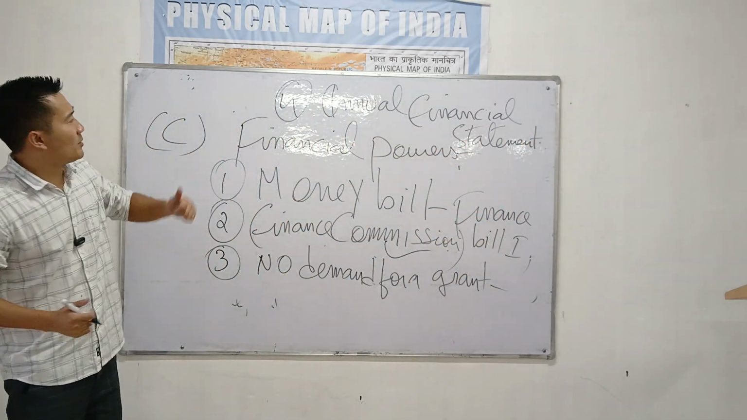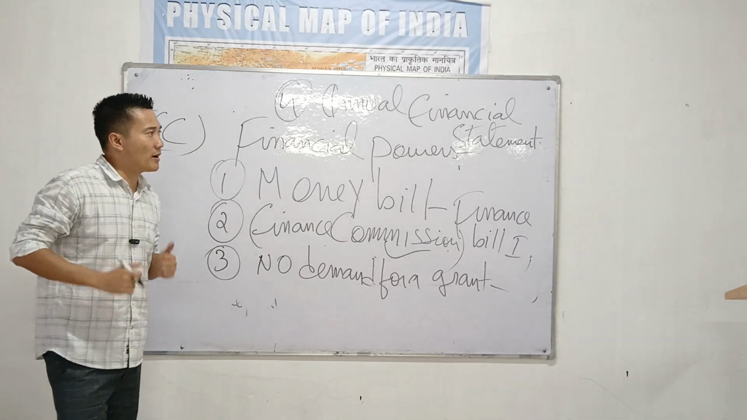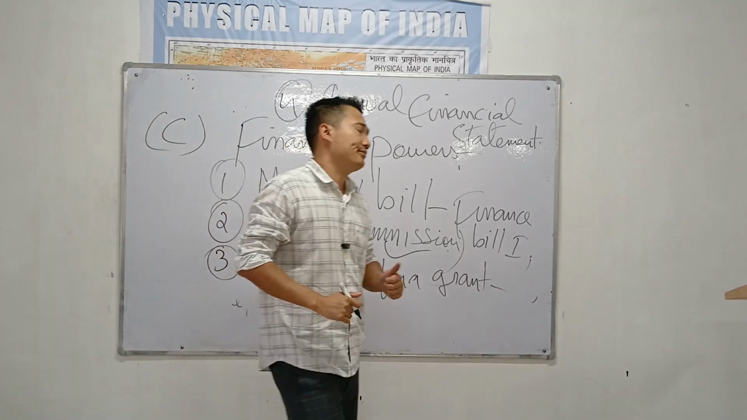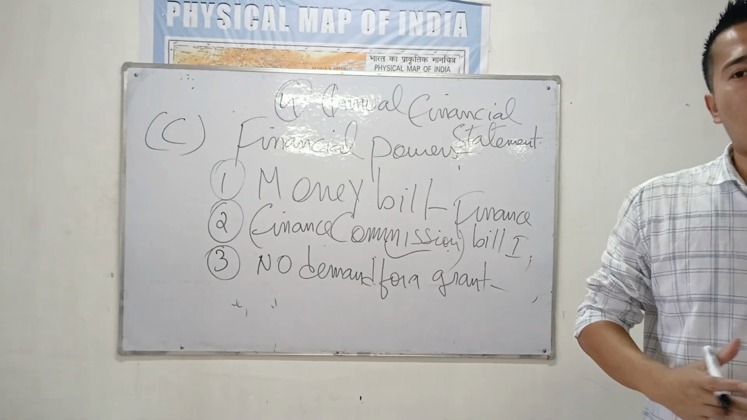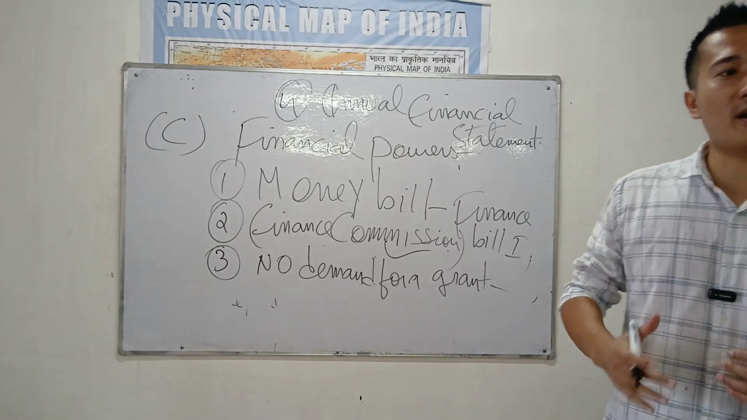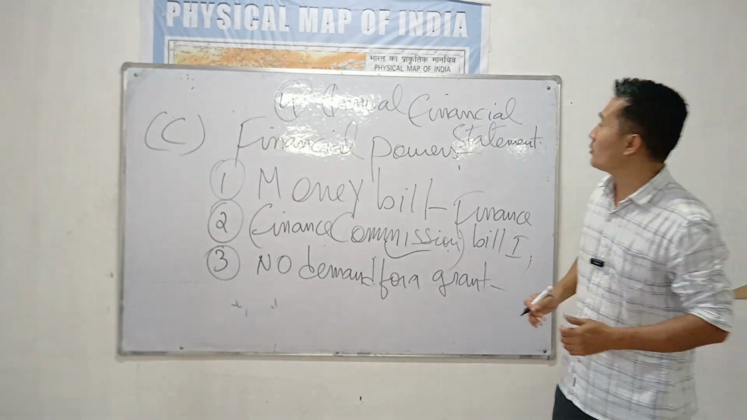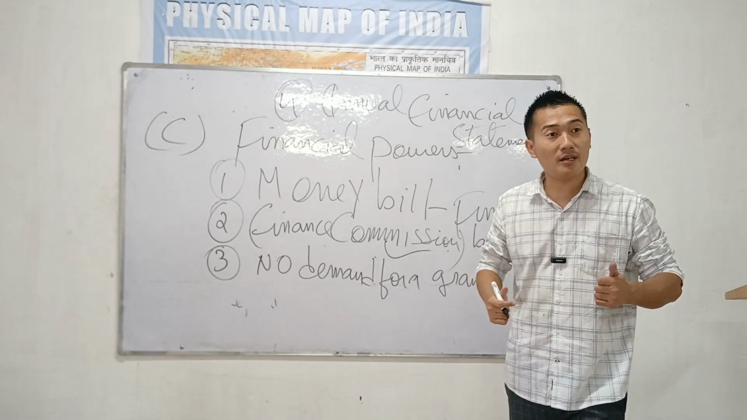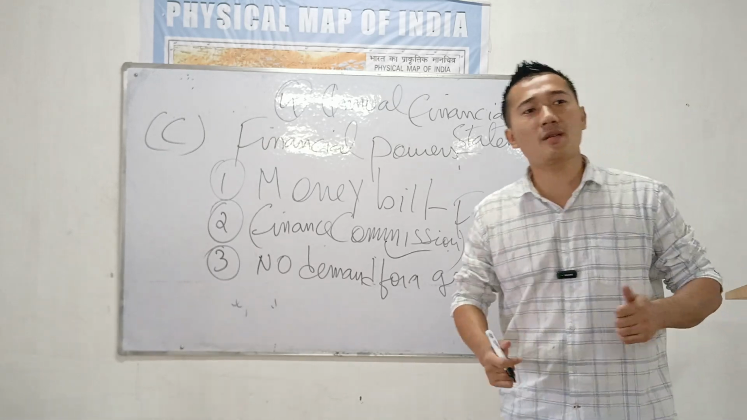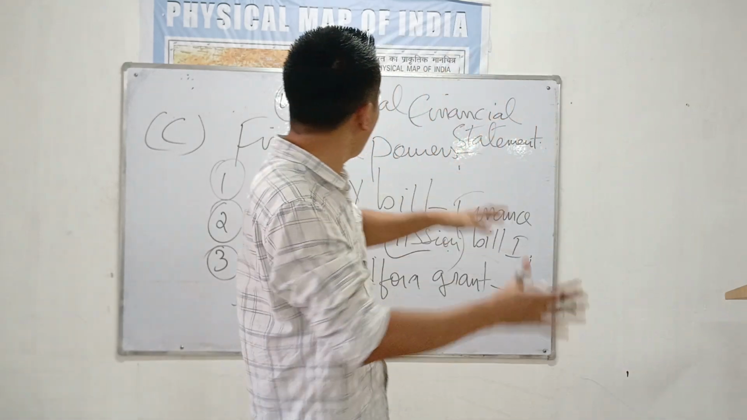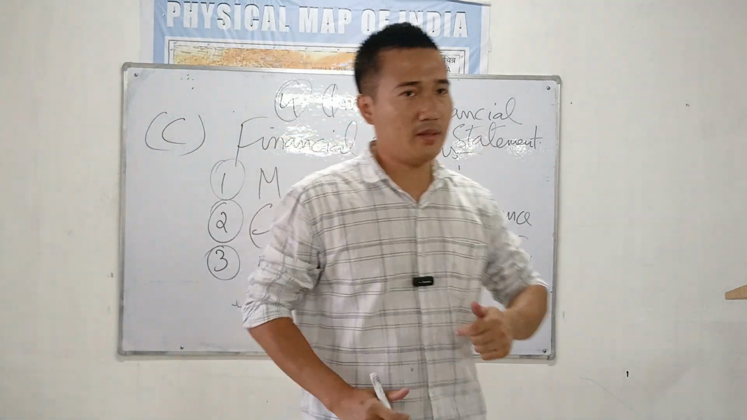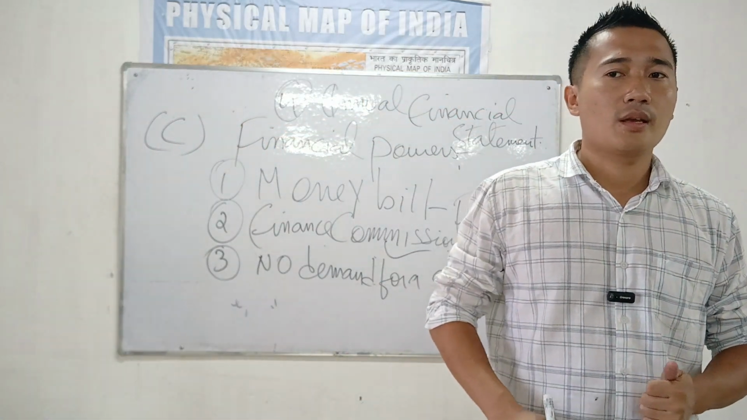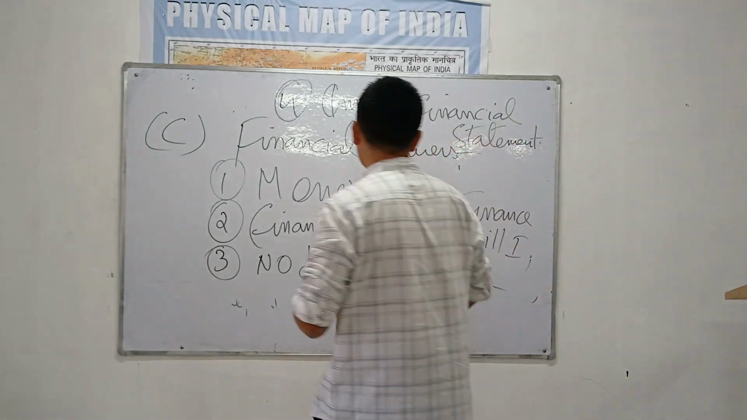The annual financial statement has to be laid before the Parliament every year. So who will enforce that? It is the President of India. He will direct the members of Parliament, especially the Finance Minister, that you have to lay down the annual financial statement every year in Parliament. So that is another power. And the last small power is